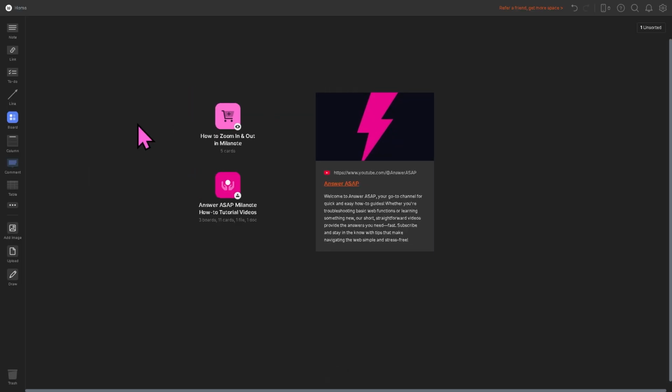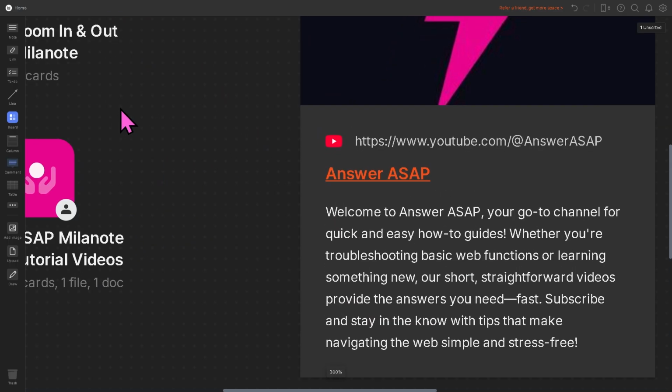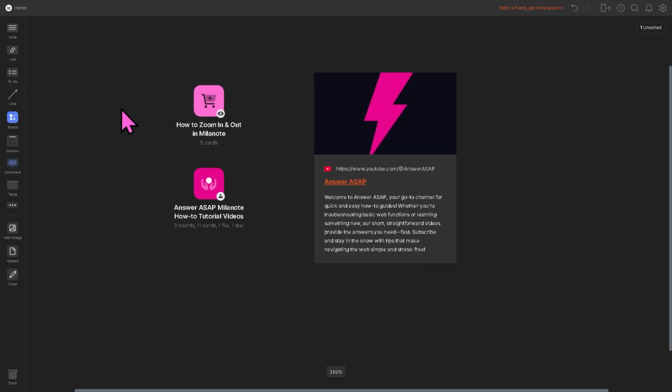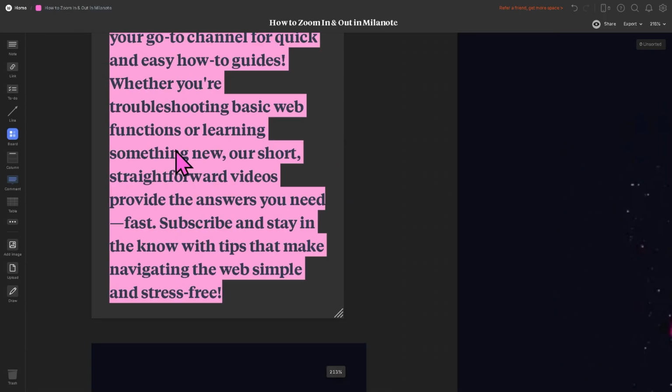All right? Now, zooming out helps you see the bigger picture of ideas while zooming in lets you focus on details like notes, images, or tasks, which is kind of useful for brainstorming or for planning large projects. And basically, that's it for today's video on how to zoom in and zoom out in